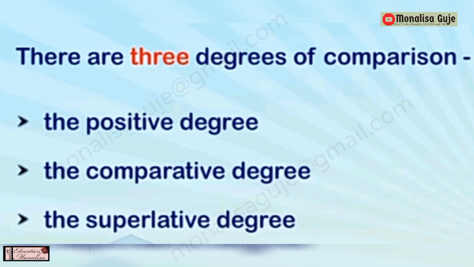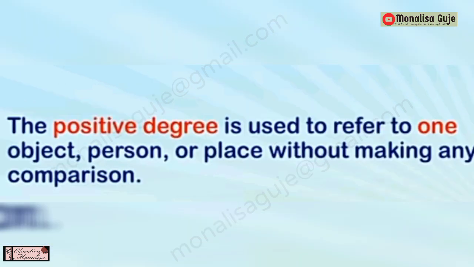So, we'll see there are three degrees of comparison. First one is the positive degree, the comparative degree is the second, and the superlative is the third. So, what is the difference between all these three? We'll be seeing in this video. Don't worry, it is a very easy topic, as I say. Grammar and English are very fun to learn and easy to speak once you get to know the correct rules